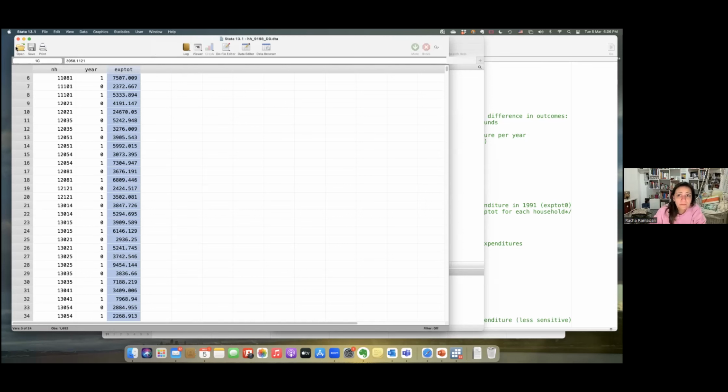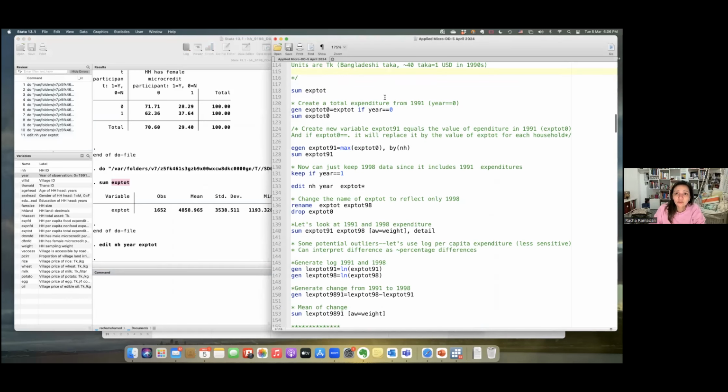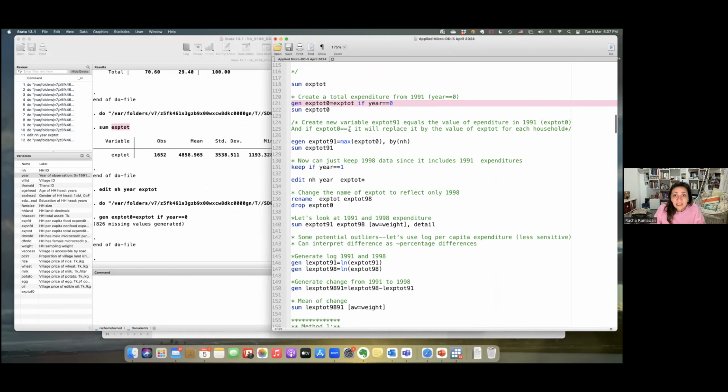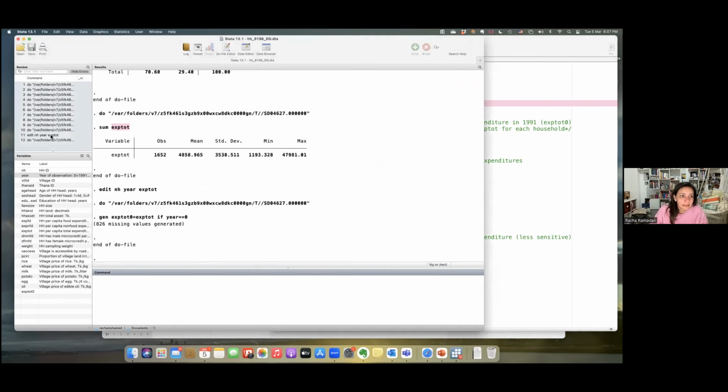To do this, I will create a total expenditure variable from the year 1991. So I will create a new variable. I will call it expenditure total 0, equal to the value of the total expenditure if the year is 0, or the year is 91, the first year before the implementation of the program. Okay. Then I will create another variable. I will call it expenditure 91, equal to the maximum of the total expenditure 0 for each household, because if you see what I created here,